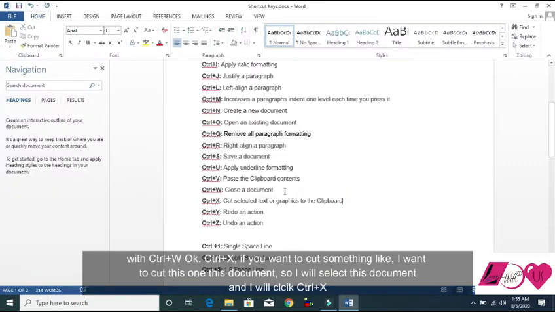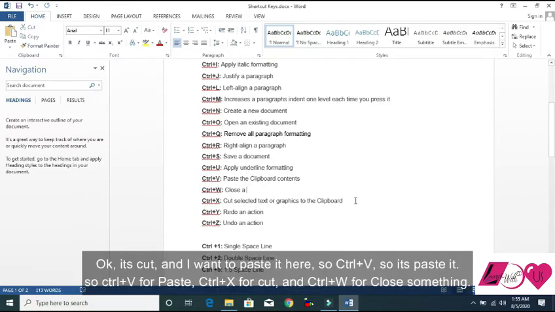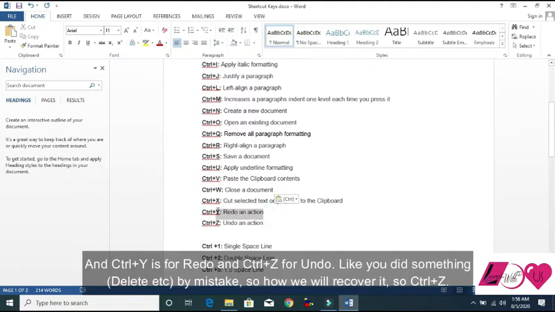Ctrl+X is for cutting something. Like I want to cut this text, so I select it and click Ctrl+X. It's cut, and I want to paste it here with Ctrl+V. So it's pasted. So Ctrl+X is for cut and Ctrl+V is for paste, Ctrl+W for close, and Ctrl+Y for redo and Ctrl+Z for